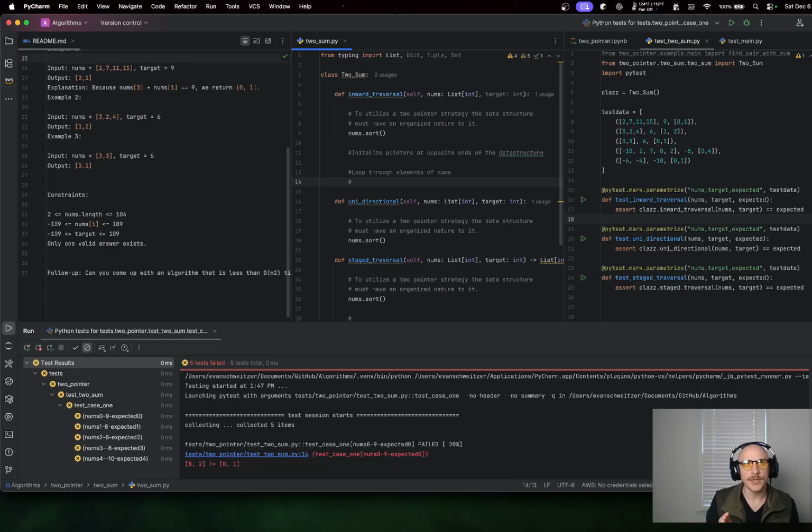What we have to do is we have to actually see if it needs to decrease or if it needs to increase. So we'll get the difference of the